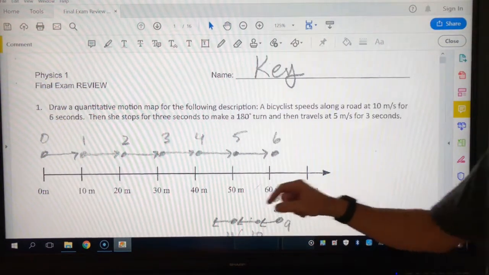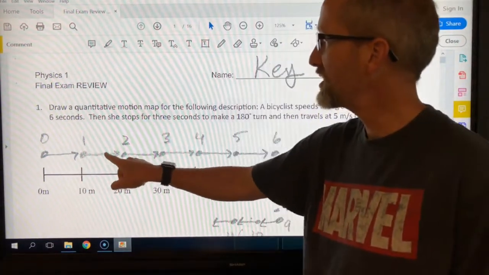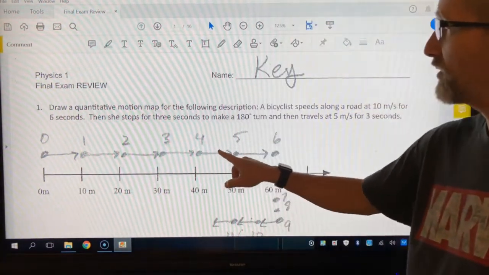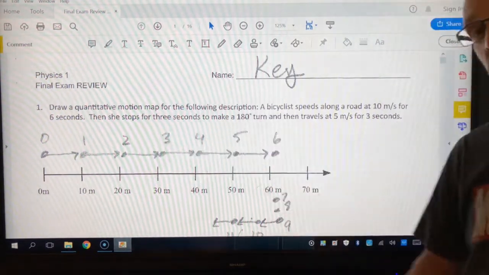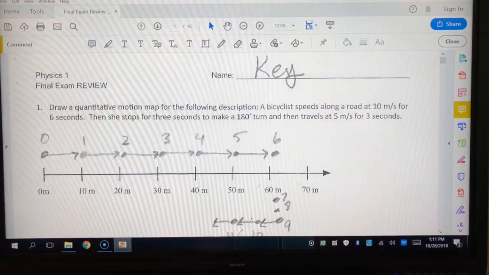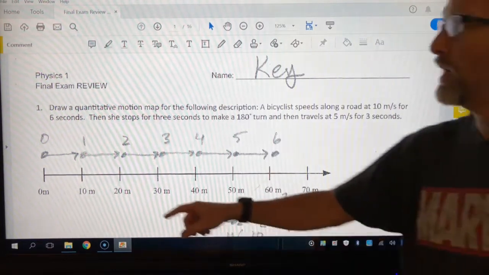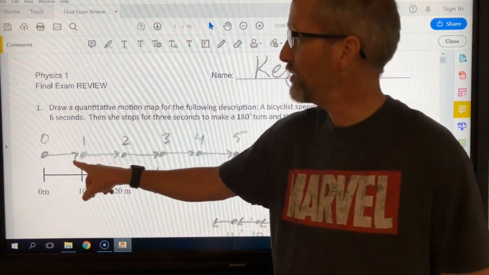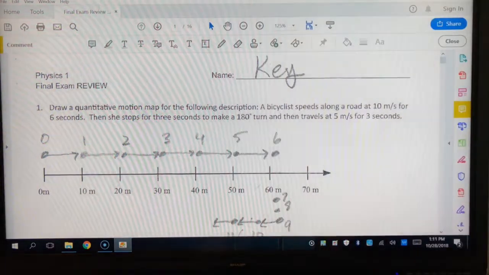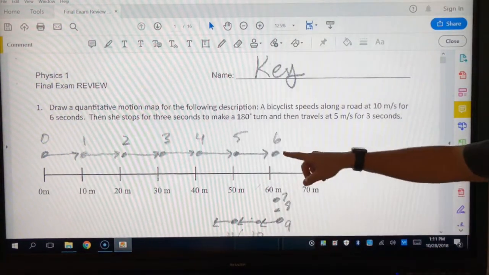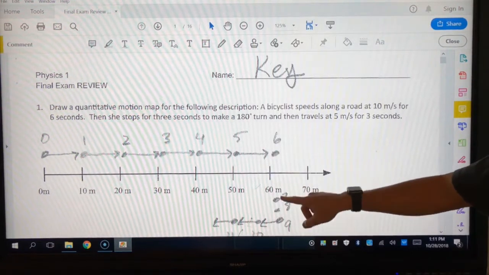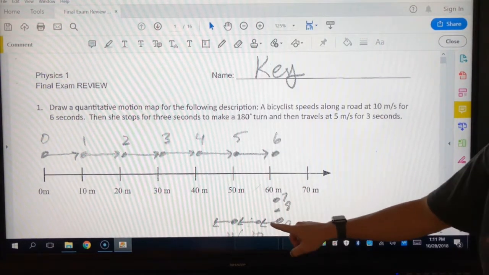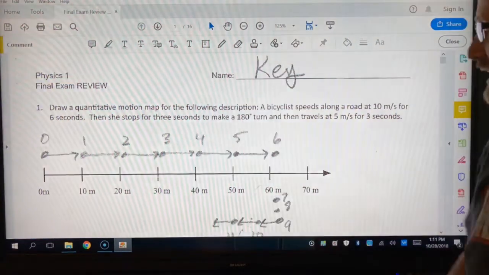Let's count the time. So 1 second, 2 seconds, 3 seconds, 4 seconds, 5 seconds, 6 seconds. Notice that the arrows tell me how many seconds have elapsed. The dots just tell me where it is at a particular time. So at 0 seconds, it's at the origin. At 1 second, it is at the 10 meter spot. When it gets to the 6th second, at that point, it stops for 1, 2, 3 seconds, and then it's going to travel 1, 2, 3 more